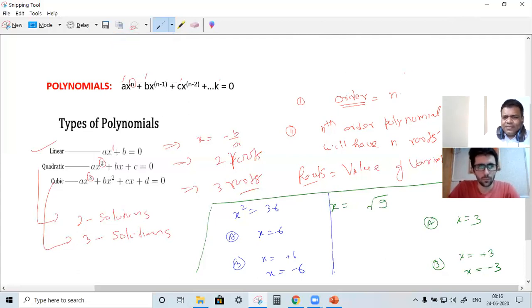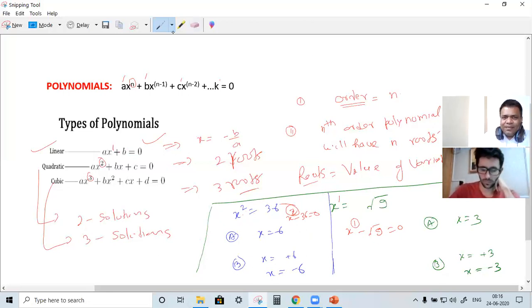You gave right answer, but I believe you can give a simpler answer. Here the order of polynomial is 1. It can be written as x power 1 minus square root of 9 is equal to 0. So here order of polynomial is 1. So we get only one solution. And here this is x square minus 36 is equal to 0. Here order of polynomial is 2. So we'll get 2 solutions.